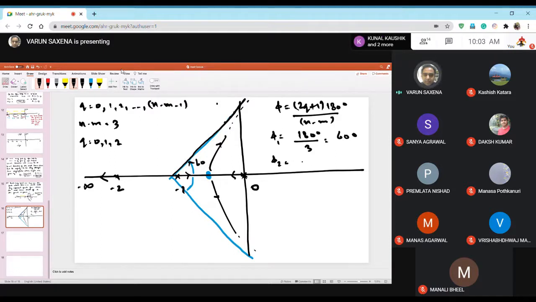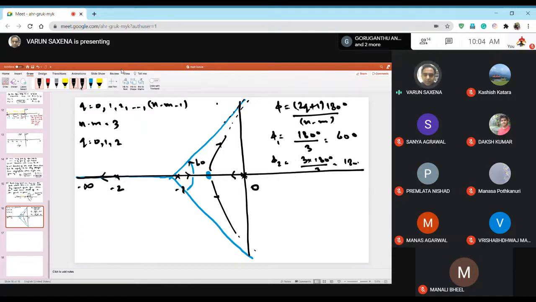Then let's evaluate phi 2 at q equal to 1. That will be 3 into 180 degrees over 3, which is 180 degrees only. And this happens to be this line. I'm sorry, I should have denoted it in this color only. Just a second. So then one asymptote goes like this. And we know that there is a part of the graph which is here, which is already approaching this line. So there is one asymptote that is at 60 degrees, and there is one asymptote that is at 180 degrees.